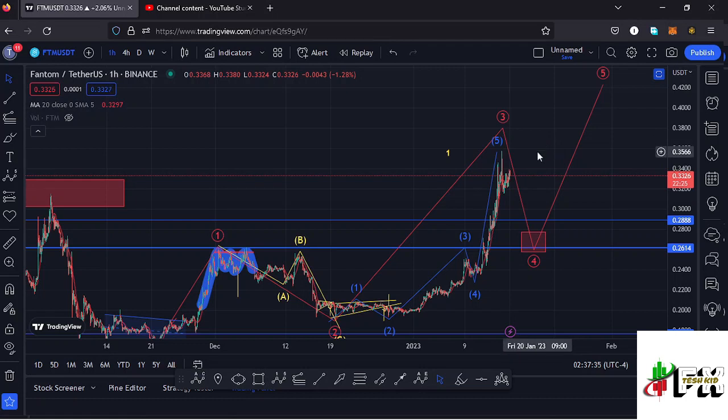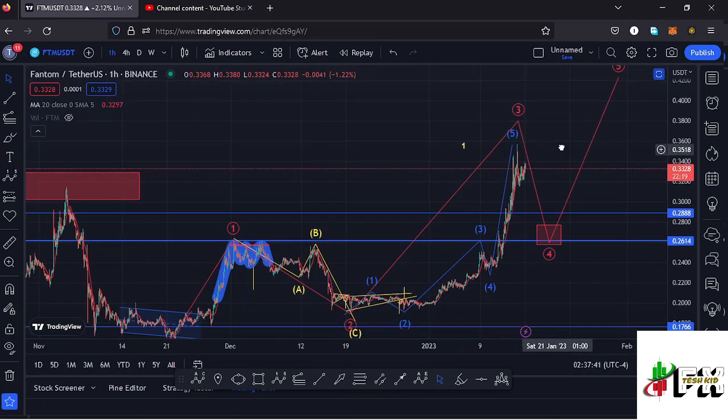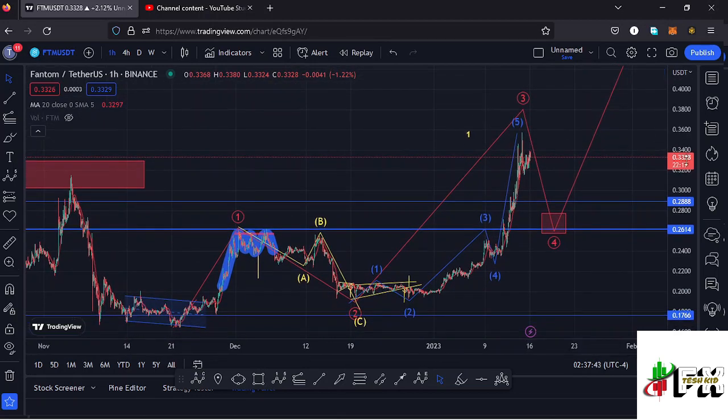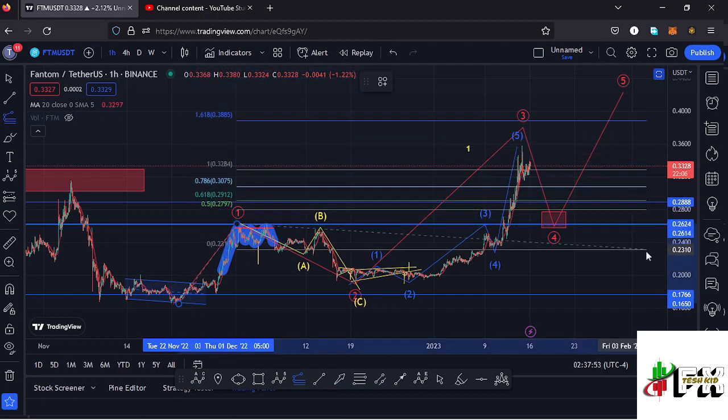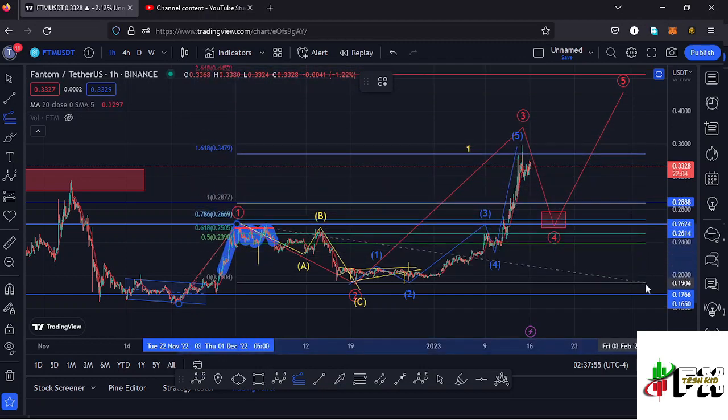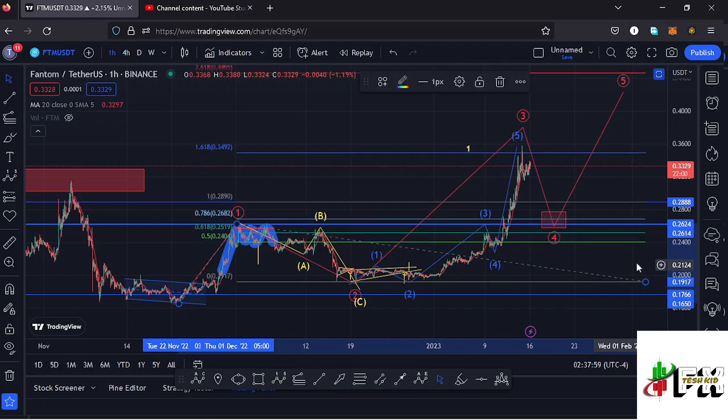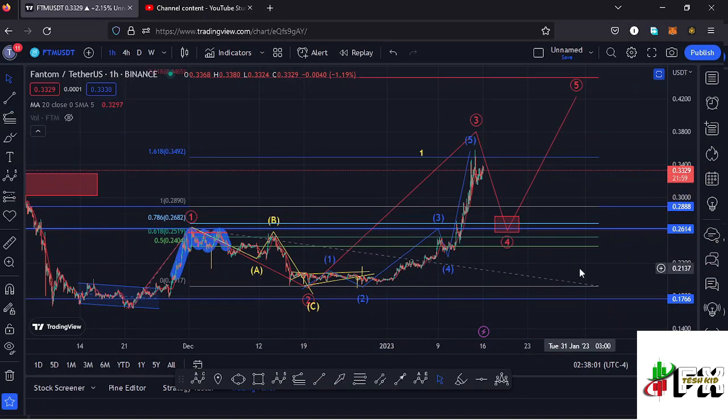Getting a little bit into the details of the formation of this wave 3, so that it can also give us the short-term scenarios that I'm expecting to play out, I can first sketch out a minimum target area to the upside using a trend-based Fibonacci, connecting it from the low of the first wave to the high of that wave 1, then dragging the fibs to the low of the second wave. That gives me a minimum target area to the upside in the formation of that wave 3 at the fib level 1.618, which perfectly lies at around the